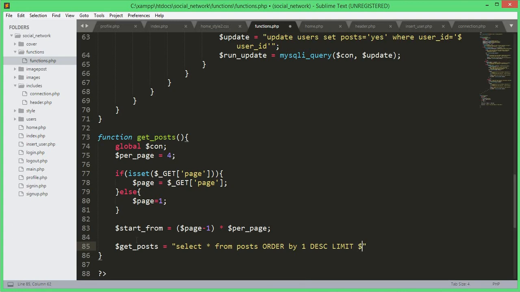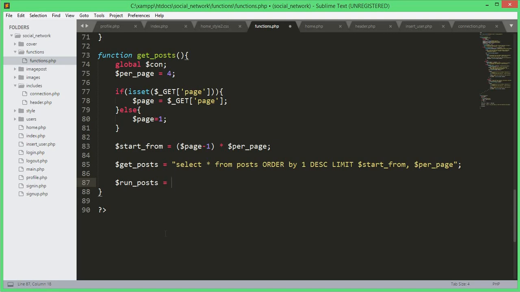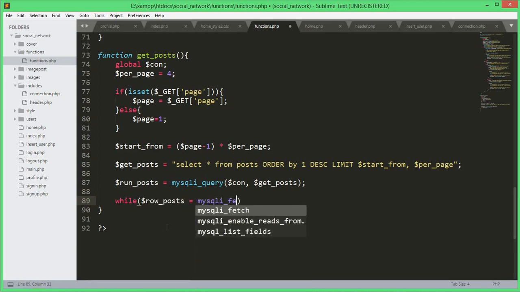and limit will be equals to $start_from, I think, and then the $per_page. And now we will create another variable run_post, and it will be equals to mysqli_query, and then we will just pass the $connection variable, and then the get_post variable, and after that now we will add a while loop, and $row_post will be equals to mysqli_fetch_array, and then we will pass the $run_post variable,